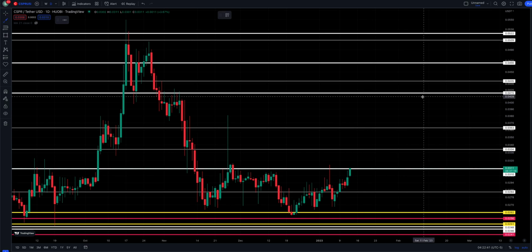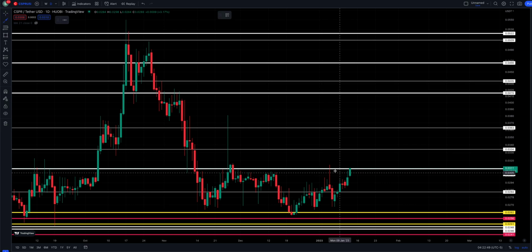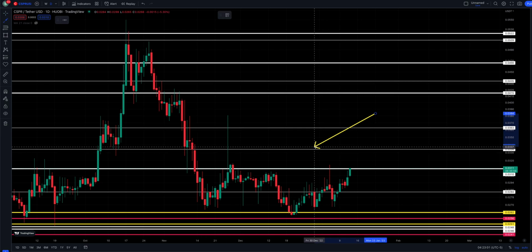Nice pop. We are sitting at 311, so we are currently above our level live here as we record. So guys, above the market, let's say we get the breakout. We take out the high of the 5th of January, which is 315. We continue higher. Our next level of concern is 334, guys, right here,